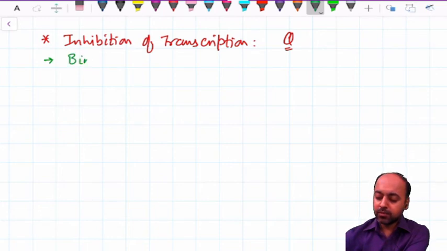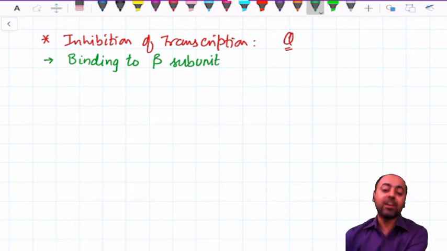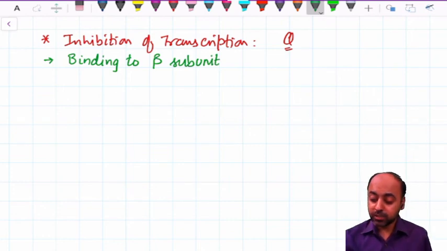One, some of the inhibitors bind to the beta subunit. You recall in prokaryotes the RNA polymerase has 5 subunits: 2 alpha, beta, beta dash and omega. So some of the inhibitors bind to the beta subunits. The molecules include,